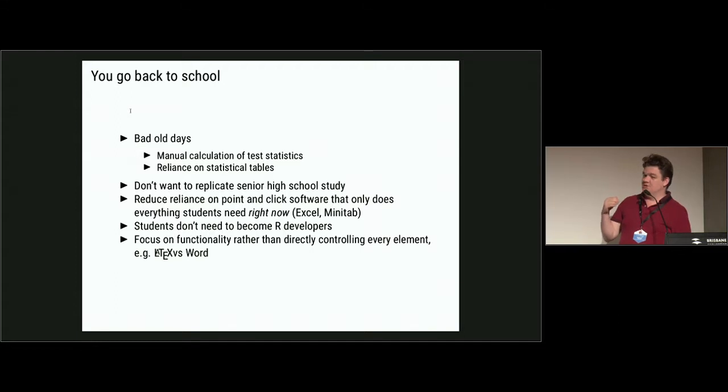We also wanted to make sure that students weren't getting stuck in point and click stuff, whether that's in Excel or something that is built around R. But we also need to recognize that by teaching these students how to use a computational environment to do statistics, we're not actually going to turn them into R developers. That's not the goal. It's very unrealistic to assume that somebody who wants to walk around and take volcanic core samples really also cares about variable types. So we need to focus on the functionality rather than directly controlling absolutely everything, which is kind of like defining a section in LaTeX versus saying, oh, I need to make this thing formatted like a section heading in Word, and this is what a section heading should look like.